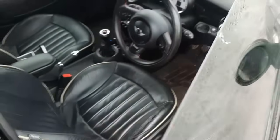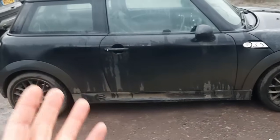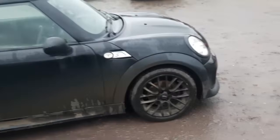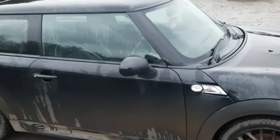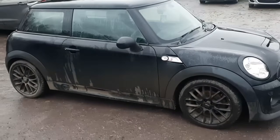You've got the badging, but when you open up, you've got different lights on the back. When you open up the door, you've got John Cooper Works on the sills, and you've got John Cooper Works on the steering wheel. So it has that as an accessory package on it. It's a really nice looking little car. Obviously it's filthy at the moment, and again I'll explain why I haven't cleaned it before I started doing the video. So it's done 95,000 miles,